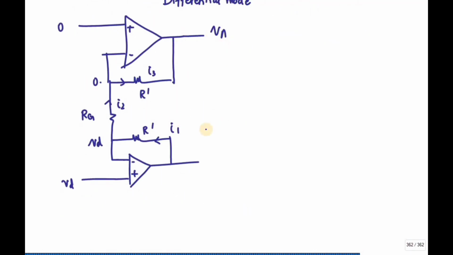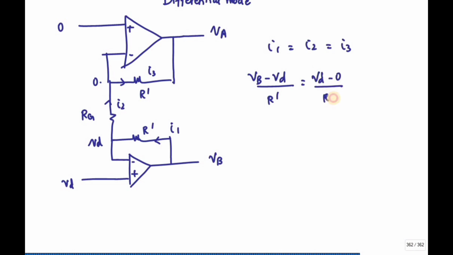Since the current I1 is equal to I2, that is equal to I3, I can write the current flowing through this one, VB minus VD divided by R dash, that is equal to the current flowing through this one, VD minus 0 divided by RG,